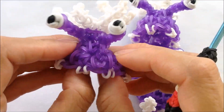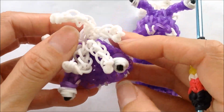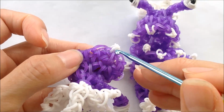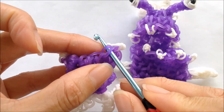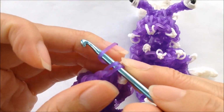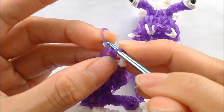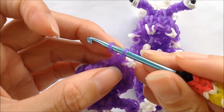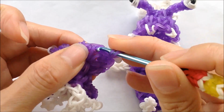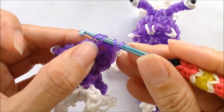And now let's connect the head to the body, flipping it so the hair's towards us and the eyes facing down. We're going to put a hook through these 2 loops, the one next to the tooth, not in the same loop, getting the 2 loops onto a hook, taking a single band, and we're going to create a single chain. So getting the 2 loops off of a hook and onto our single band, so we have 2 loops onto our hook again, going to the next loop, grabbing the 2 loops off of our head. Now we have 4 loops on a hook,